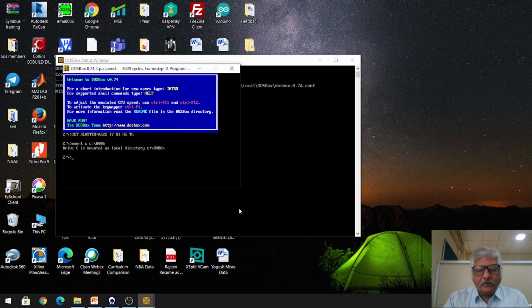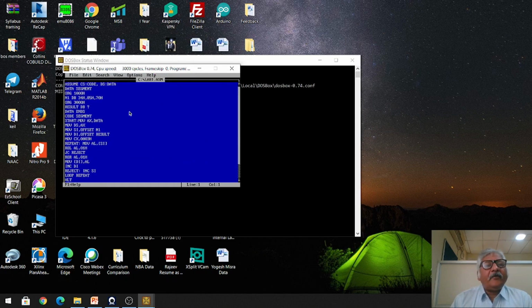We have mounted the C drive, C colon, then edit lab1.asm. See here, I have already written the program. And here I have written org 1000, right?